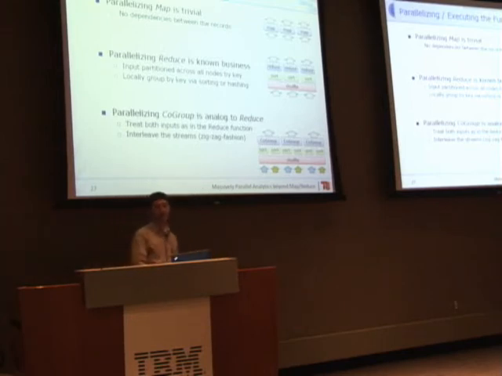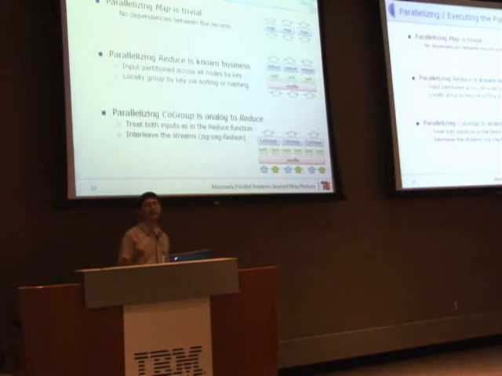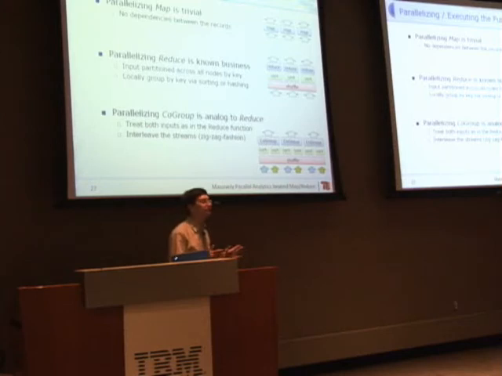Then for reduce, that's also known business, right? Reduce parallelization is known business. The input is partitioned across all nodes by key, and you can locally group by key via sorting or hashing. That's some kind of decision that you could make, but in general that's known business, and that's how Hadoop would do it. Parallelizing code group, Hadoop doesn't have it, but it still would be simple, because it's analog